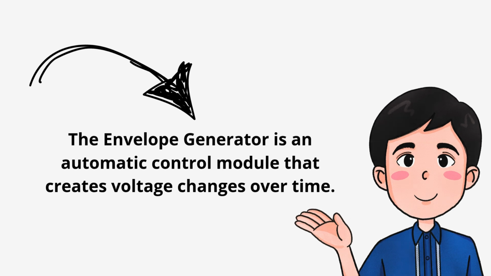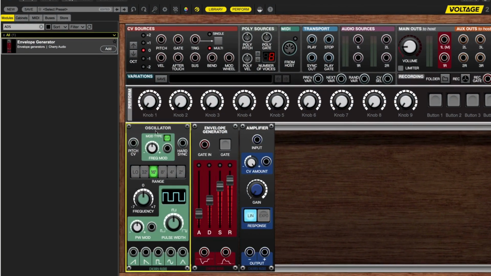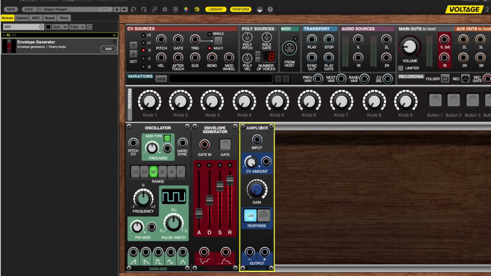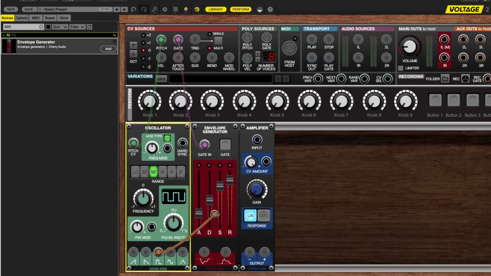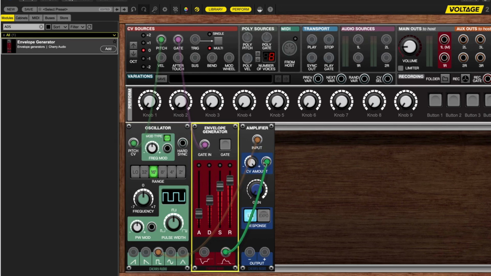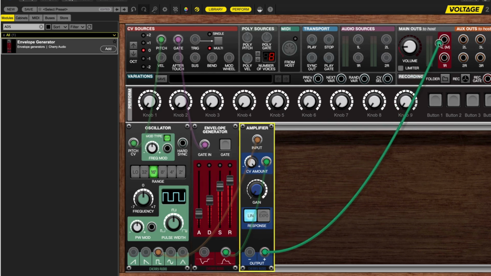The most common envelope configuration is the ADSR model. But before moving on, let's build a patch together using these 3 modules: the oscillator, the envelope generator, and the VCA. First, connect the pitch output from the keyboard to the oscillator. This time, we won't send the gate directly to the amplifier because we want to shape the sound dynamically. Instead, connect the gate to the gate in of the envelope generator. Then, choose a waveform output from the oscillator, like a square, saw, or triangle, and connect it to the audio input of the amplifier VCA. Take the output of the envelope generator and route it to the CV input of the VCA to control its amplitude over time. Finally, connect the output of the VCA to the main out, just like we did in the